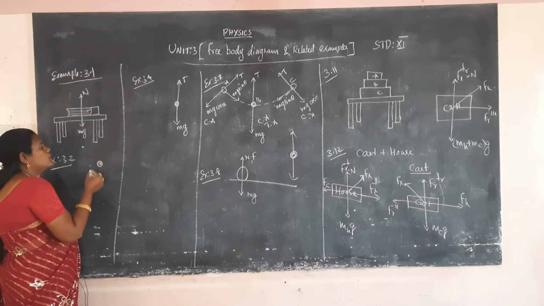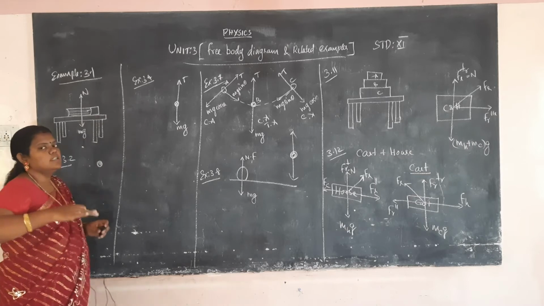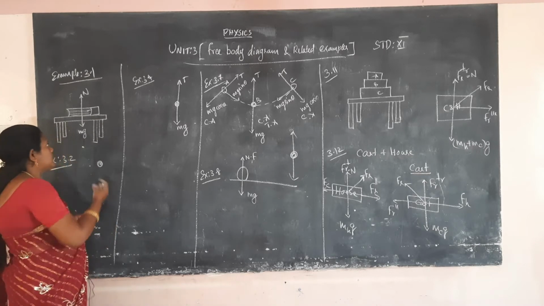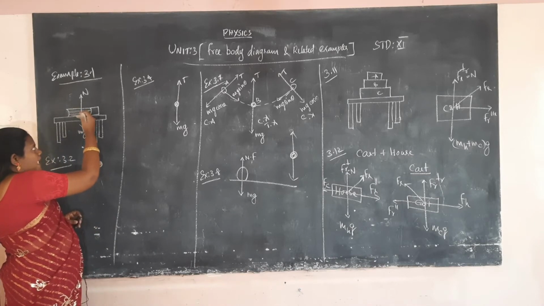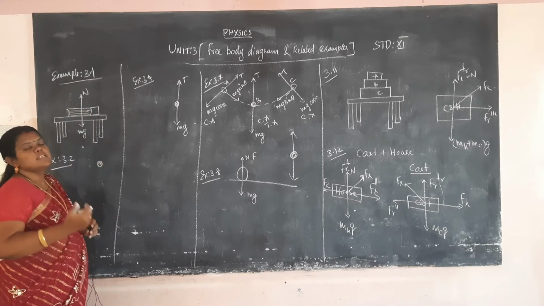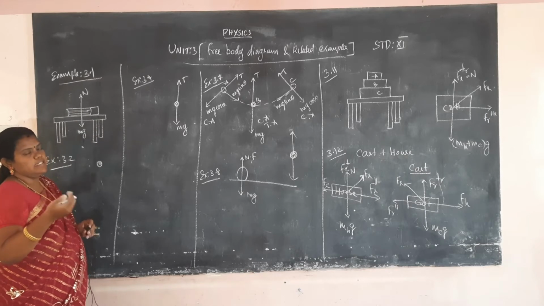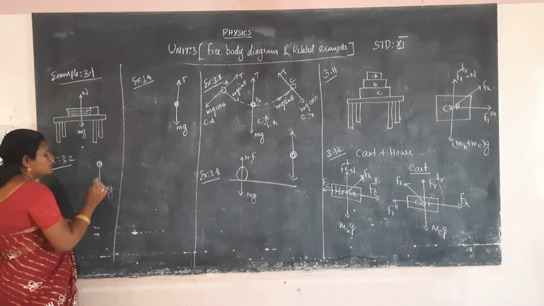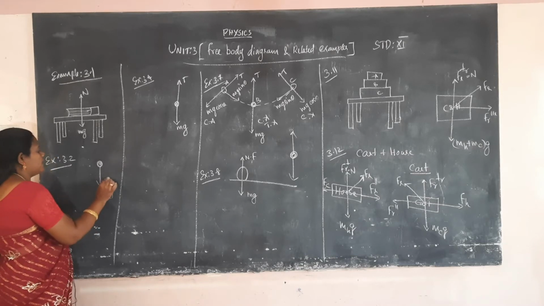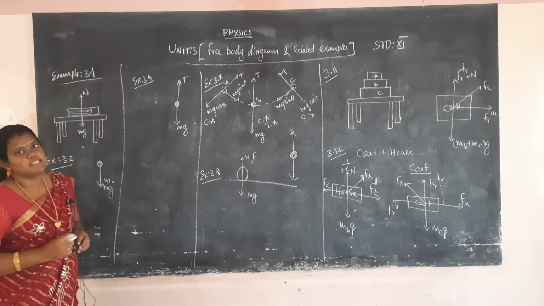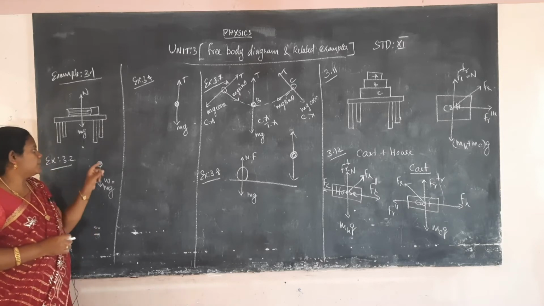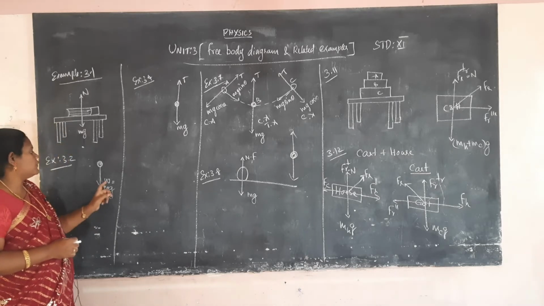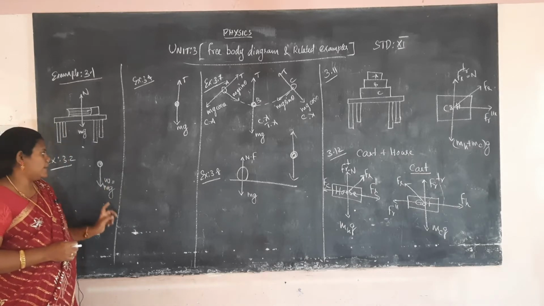The downward force: why is the book located on the table? The weight acts downward on the table, and it is explained by the gravitational force. So the downward force is m into g. Downward force means weight, which is equal to m into g. The weight formula is W is equal to m into g. So the weight of the book gives the force on the table, and that downward force is equal to m g.